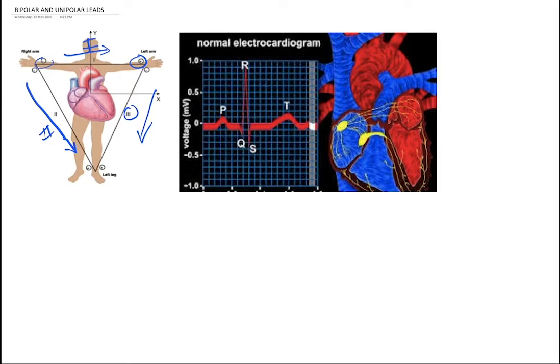As you can see in the graph, the ventricular depolarization is the same as lead 2 movement. I mean, the way the current moves in lead 2. So obviously you'll have a big positive deflection.